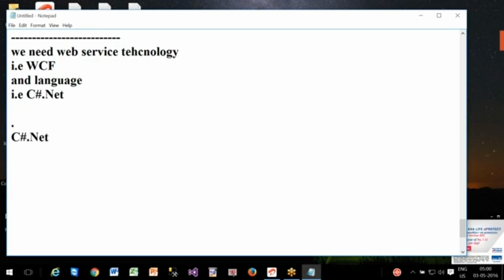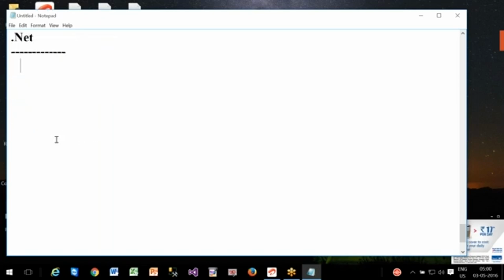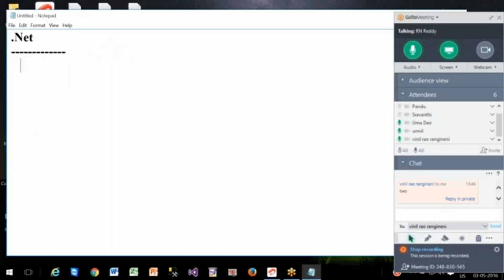And the next point is, in .NET, what is NET? NET stands for Network Enabled Technology. Then immediately, Network Enabled Technology. Sir, why the dot symbol? Because a single platform called .NET is supporting multiple languages and multiple technologies. Single platform called